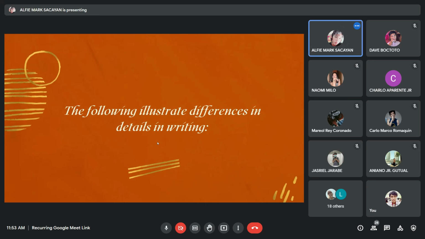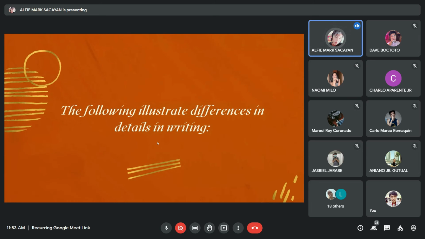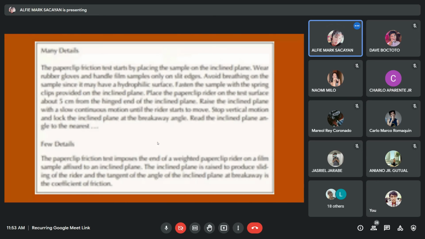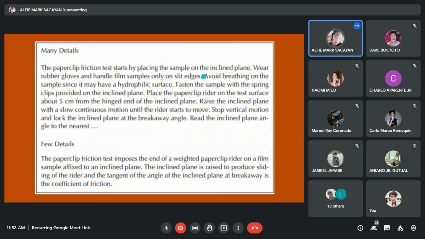Then, so next, the following illustrates difference in details in writing. So this is the difference in writing details. So this time, ginasulti sa statement kani siya is most likely pareho lang ni siya og thought nga statement but kani mini details. So ang iyang readers na ginakuanan is that